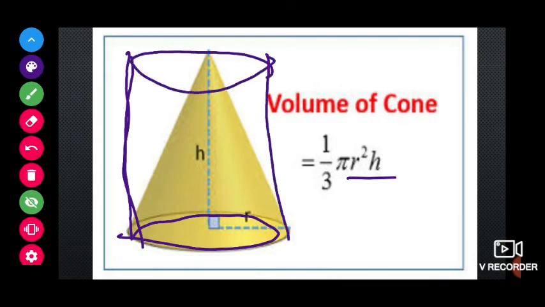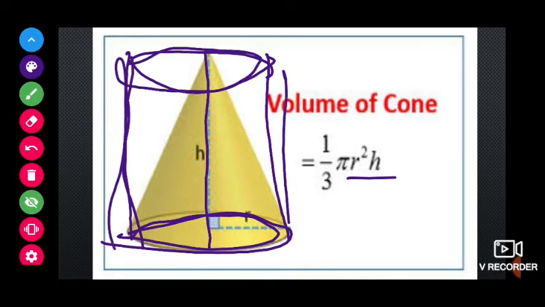and the same height as this cone, whatever radius and height the cone has, with the same measurements, if we take one cylinder, then this is one activity which you have to do and tell me whether it is correct or not. Prepare one cylinder with the same height and radius. Prepare one cone with the same height and radius. Then try to fill the cylinder with the cone.